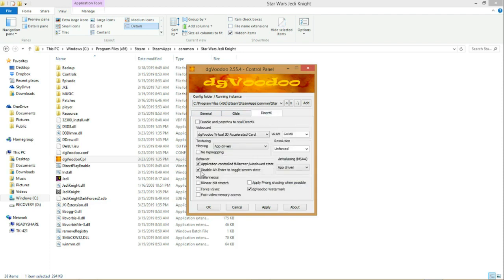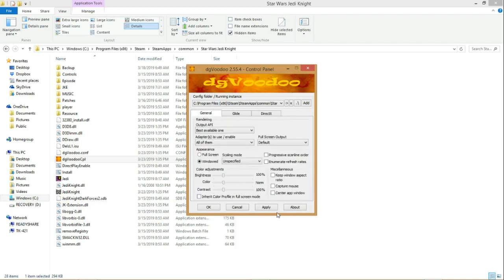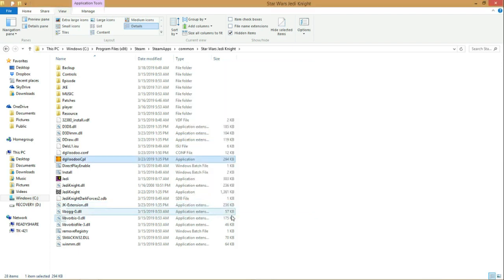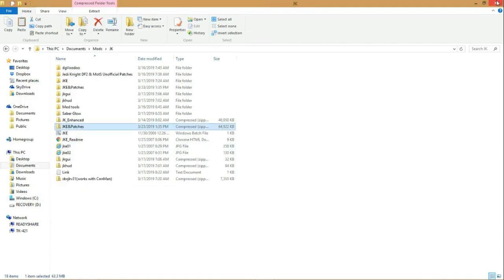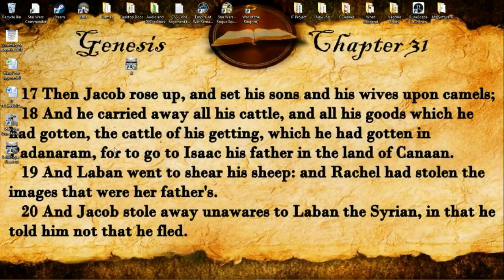I think that's where I messed up on the other one. 1600, uncheck watermark, hit apply, OK, create shortcut on desktop, exit out,